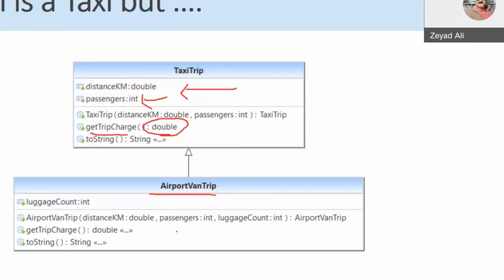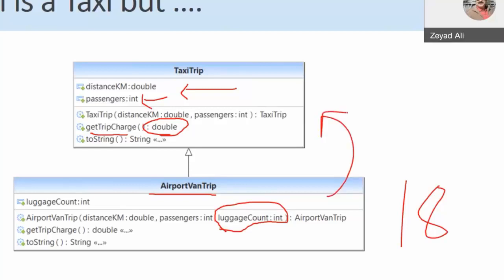For example, they charge you extra money for the number of luggages. How many luggages? And their meter does not start from 0 or 5. Maybe the airport taxi meter will start from 18 or 25. So an airport van is a taxi, but the way they calculate the charge is totally different.